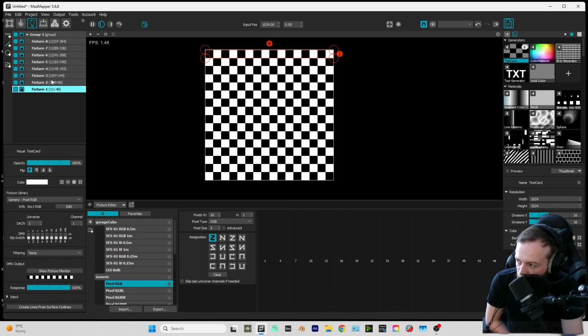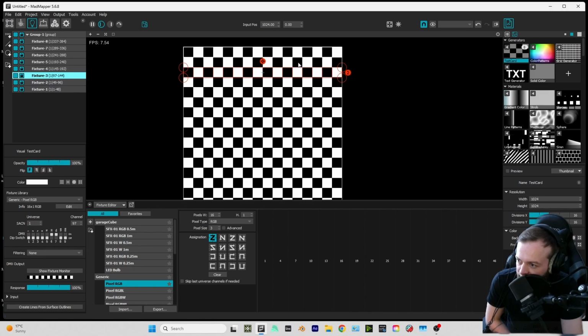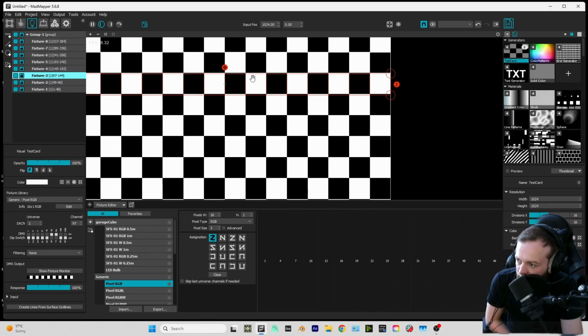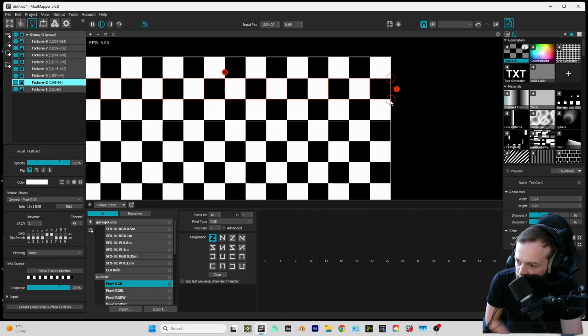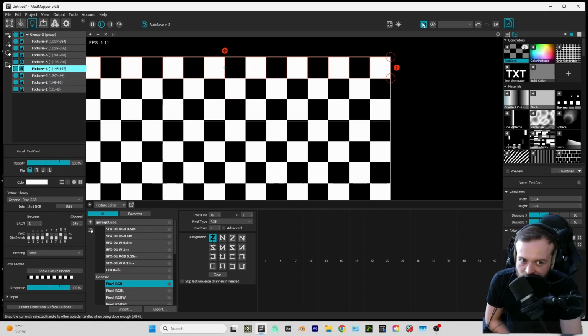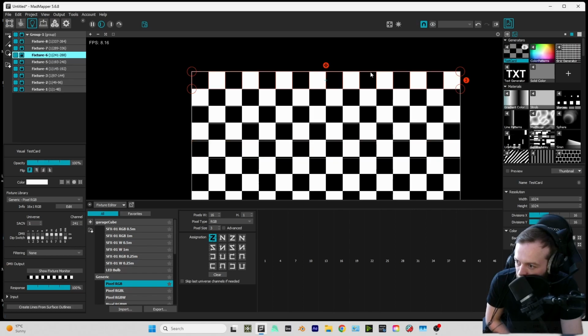So if I select fixture 1, there it is. Fixture 2, I'm going to just drag down here. Fixture 3, I'm going to drag below that. Again, the snapping on Madmapper, not great in my experience. I wouldn't be a fan. It tends to just snap incorrectly to the wrong pixel. So what I could do is select this option, disable snapping, and then I can finesse it. But for the sake of this tutorial, I'm just going to plow on, and you can see my imperfections, and your OCD can be triggered. So let's just put that there, and 2 more,